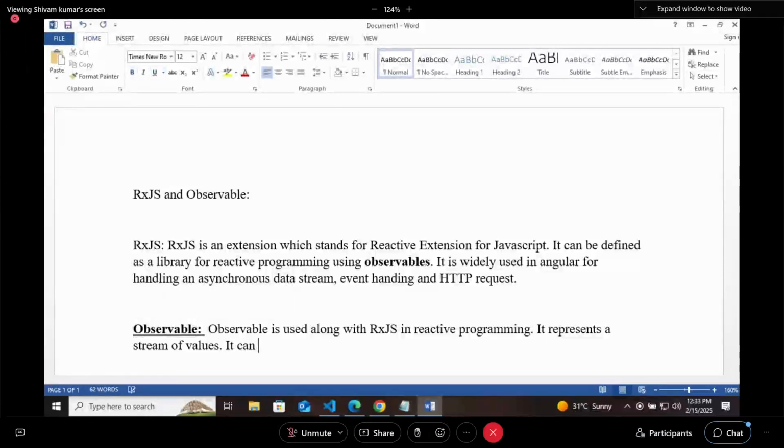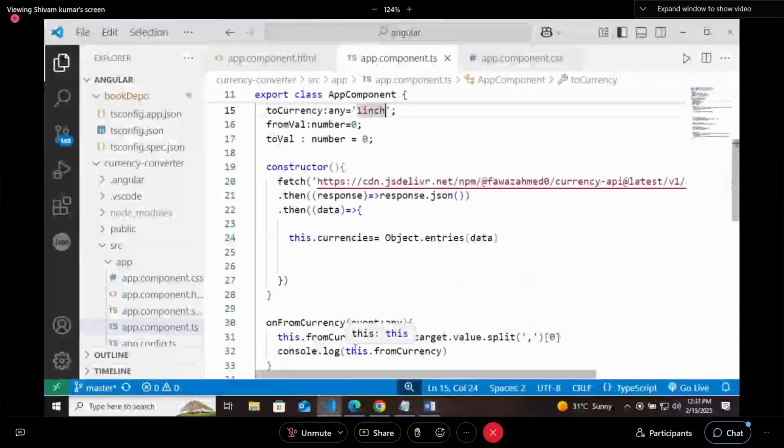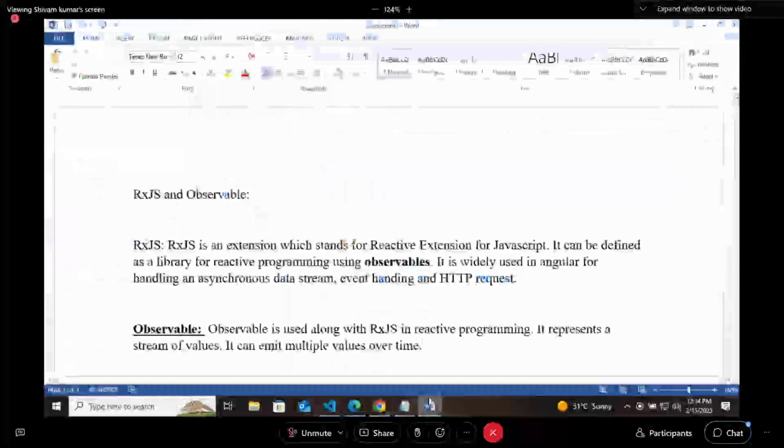It can emit multiple values over time. Why do we use observable here? Because we are directly writing response.json, data.json, then we are printing data. In observable, it can emit multiple values over time automatically. You don't need to convert it every time.